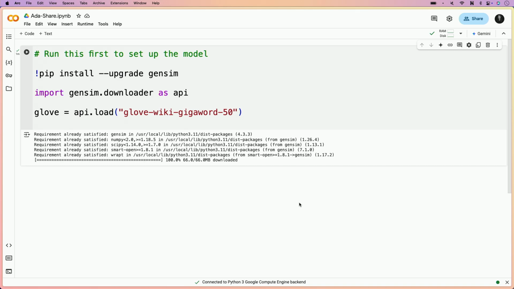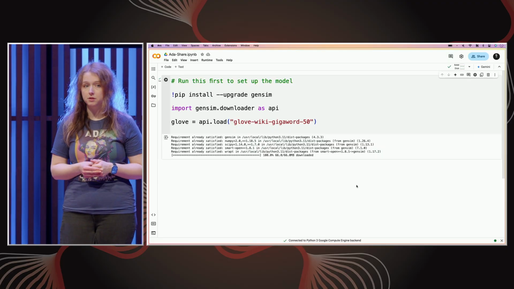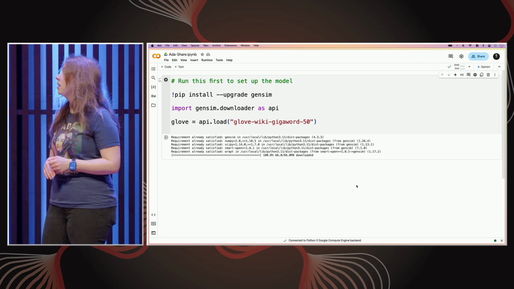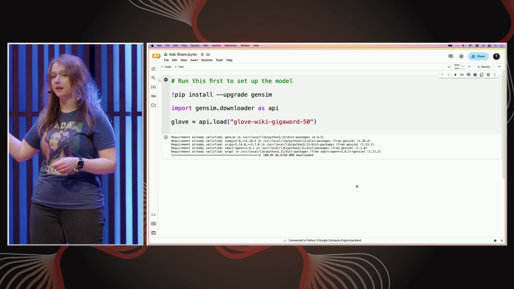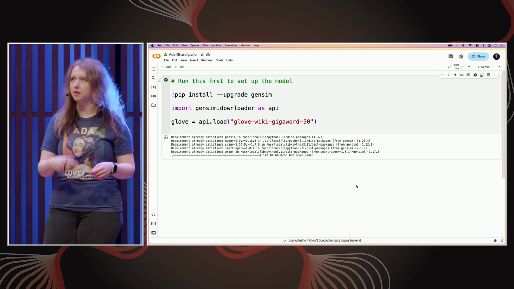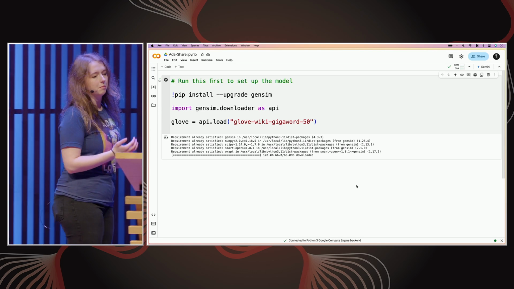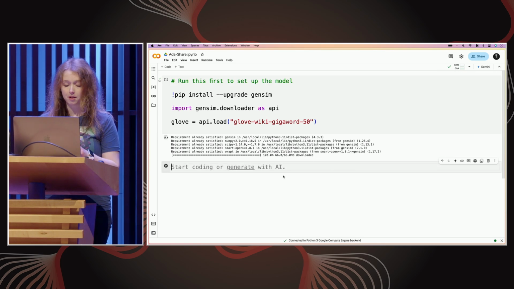Yes, good. So this very first cell in this Google Colab notebook is downloading an implementation of the GloVe model. GloVe stands for Global Vectors, and this was an open source project from Stanford University around 10, 11 years ago, so embeddings have been around for quite some time. And even if it's not that recent, this model was trained on the Wikipedia text of 2014 and Gigaword, so that's basically Twitter and some news feeds. It is a very good starting point to play around with embeddings. I already executed the first cell because you need to download the model, and that can take some time.